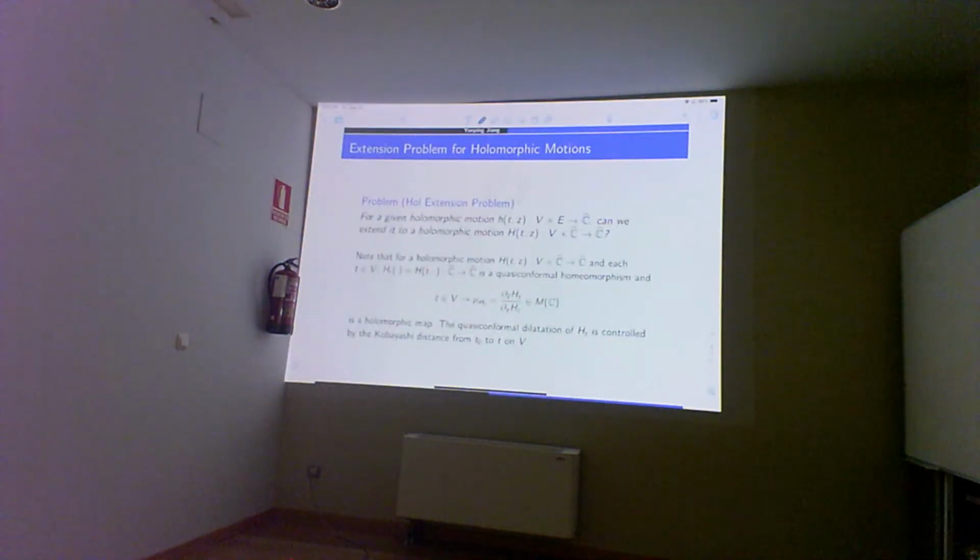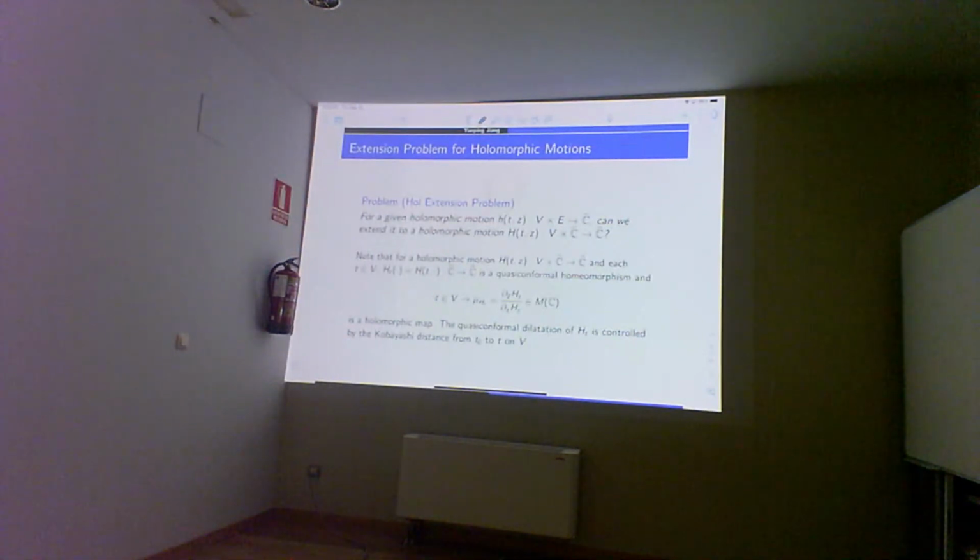Another thing is if that motion is from V cross C hat to C hat, then for every t in V, this map is actually a quasi-conformal map. And also the quasi-conformal constant can be controlled by the Kobayashi distance from t0 to t. Right, so that's actually a very good one. So if you can extend,